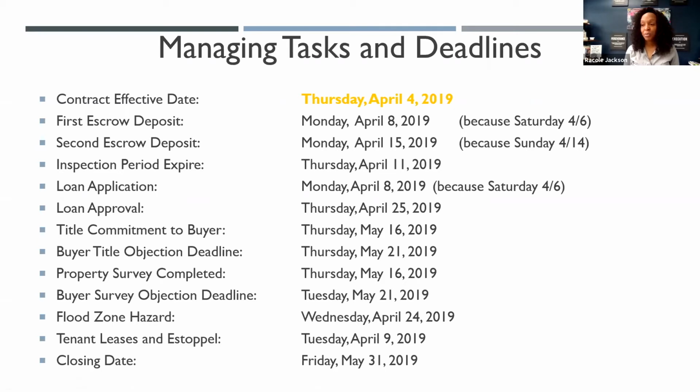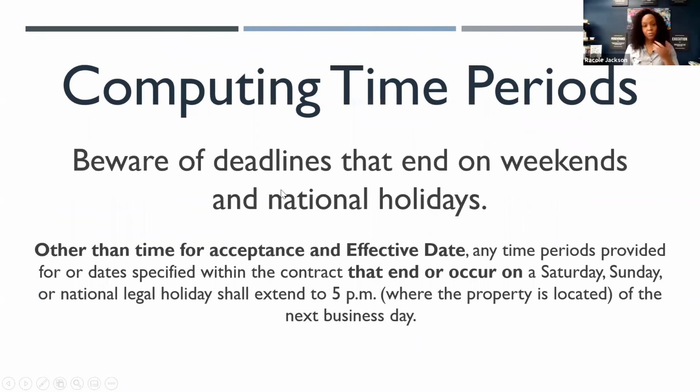Our second escrow deposit ended on a Sunday. Pursuant to the contract, that has to roll forward because that is not the effective date nor the acceptance period. So for those of you who heard this talk before and you follow me on social media, you know that 4th of July is my favorite holiday. So I always use this example. All right, so